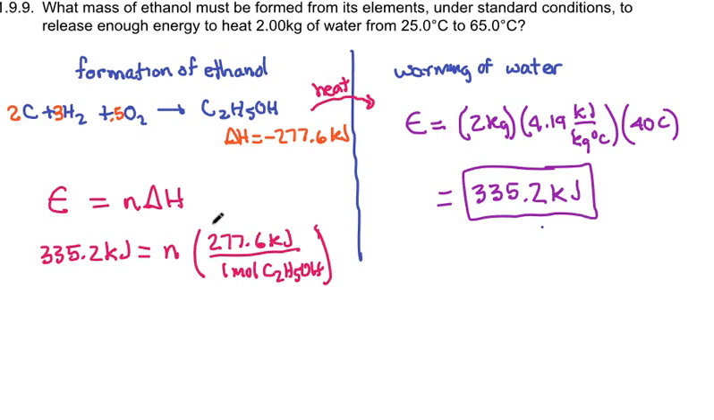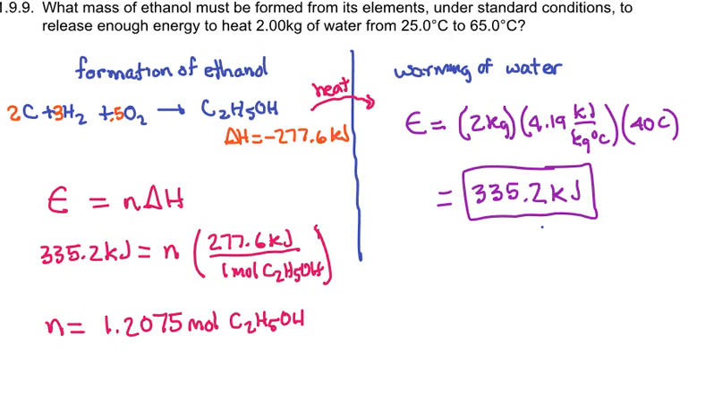Notice I stealthily removed the negative here because I don't want my number of moles to come out negative. We know it's an exothermic reaction and that this is absorbing heat and this is making heat. None of that is critical to track with negative signs here. So if we want to solve for N, we do 335.2 divided by 277.6 over 1, and we get our number of moles is 1.2075 moles of C2H5OH. If they had said how much ethanol, you could be justified in stopping right here, but they said mass